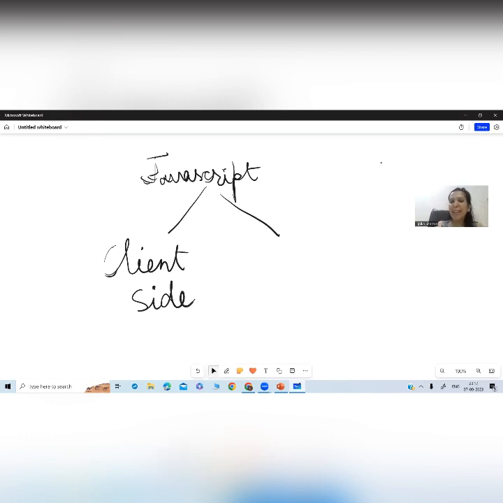And the next thing is, what was the next thing I taught you in yesterday's class? Client side and, come on, I need answers. Wonderful, wonderful. That is server side. Good. So students, it has the capability to work on both the places. Client side, the front end part, server side, the back end part. So that's where the beauty of JavaScript is.